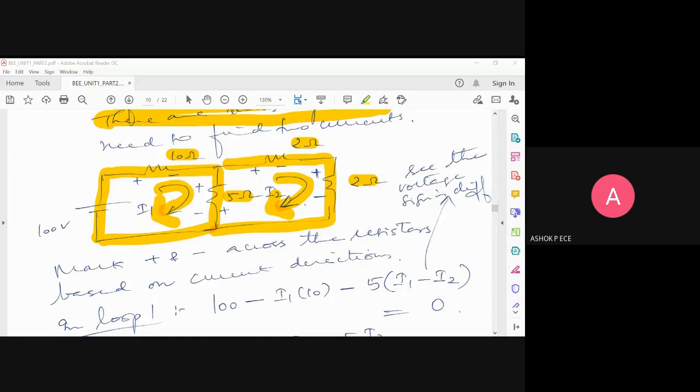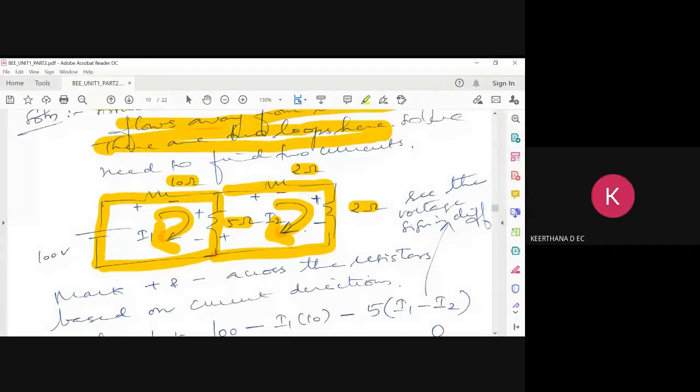I want somebody to say the equation for Kirchhoff's voltage law. Muthukumar, can you say the Kirchhoff voltage law for the first mesh? Sir, 100 minus... Okay. Minus 10, sir. Why 10? Sir, because the current is plus and minus, sir. Minus is correct, but why are you saying 10? We are going to add the voltage. The resistance is 10 ohm. I didn't mention the voltage as 10 ohm.